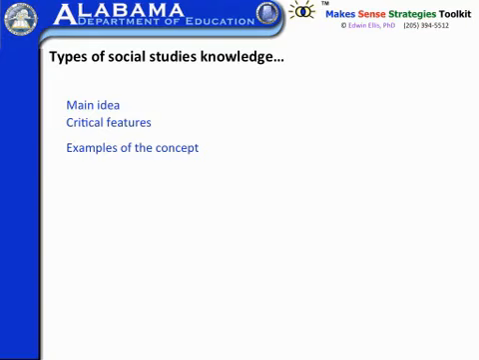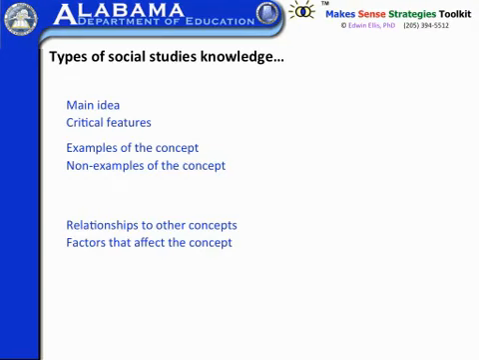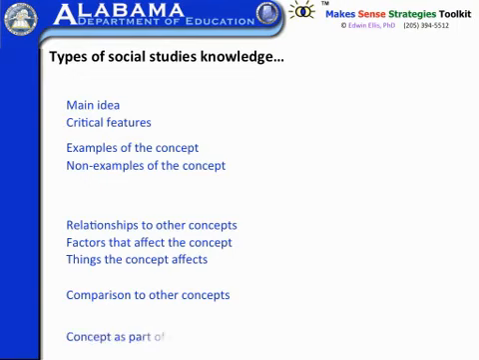Likewise, we'd like students to be able to give us examples of the concept as well as non-examples, what it is and what it's not. Typically, we also are interested in relational understanding in terms of how different concepts hang together or are connected to each other, and factors that affect the concept as well as what the concept affects. Likewise, we often compare concepts as well as understand the concept as a part of a series or a sequence